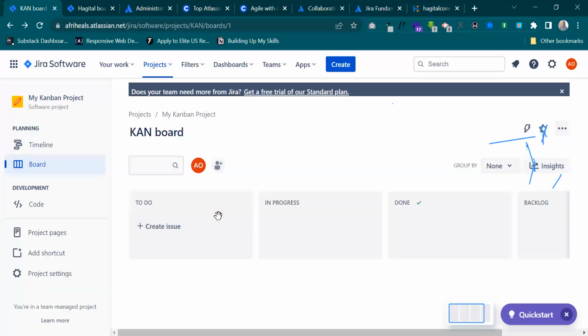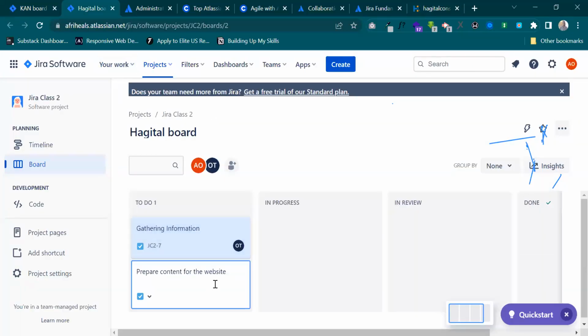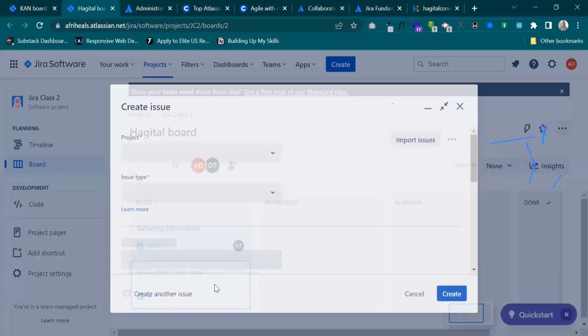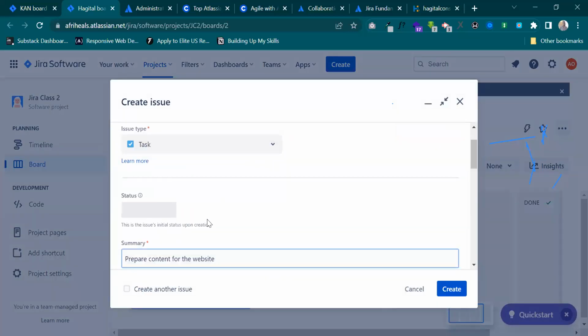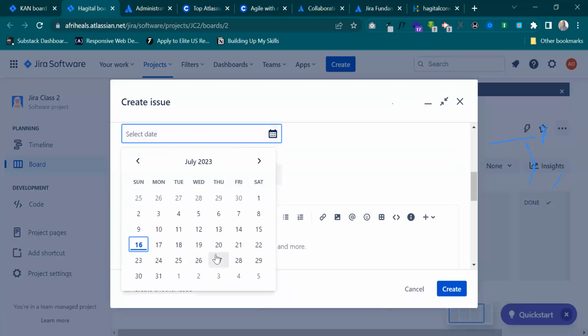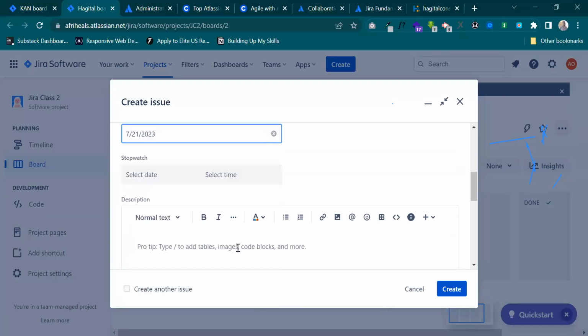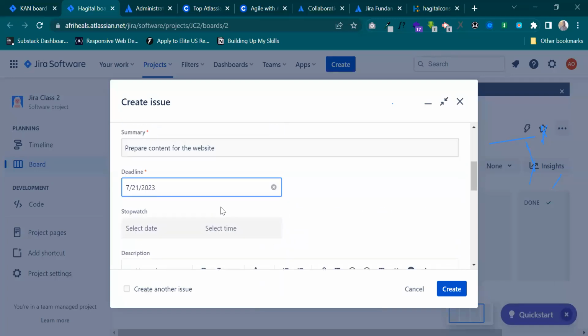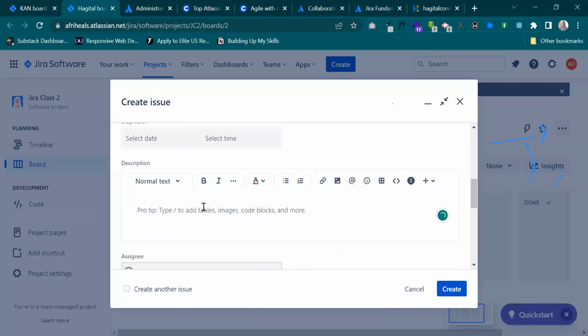So I'm going to create that particular task, prepare content for the website. Now I will assign that to 2 people. Content writing sometimes can take 5 days maximum. Okay. I got into the assignment section. Okay, let's say we need enough, let's say appealing content for the